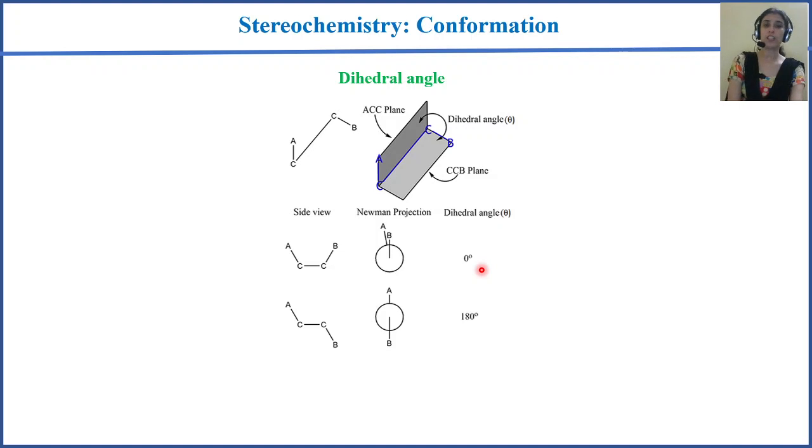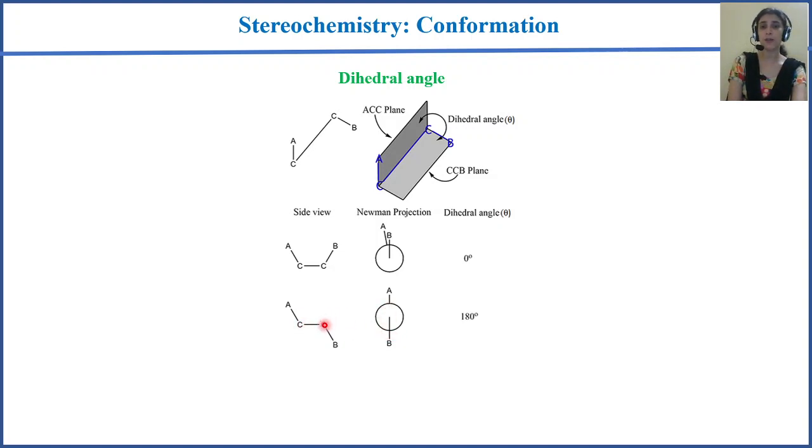I think this is now clear. And if you draw this one, and you are watching, you are monitoring the CC bond from here, then this is the CC bond. This CC bond, you are watching it from here. Now, in the front carbon, that is this carbon, you are watching over here. So this is the CB bond. And now this CC bond,